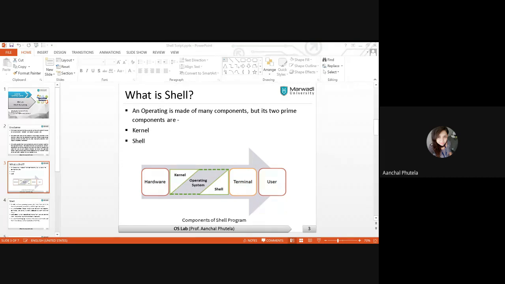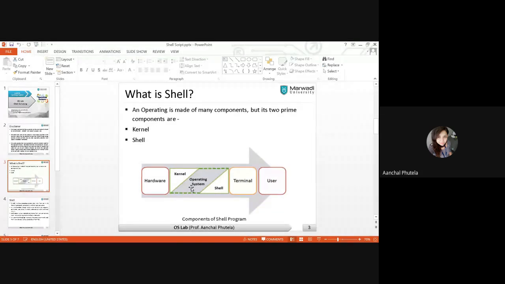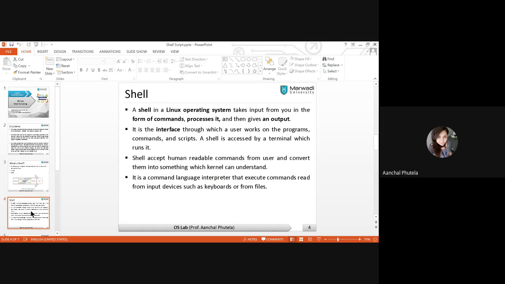The shell is the outermost part of the operating system that protects it from users, so that the user will not destroy anything in the operating system. That is why it is named shell. It takes input from you in the form of commands, processes it, and gives the output in a user-readable form.